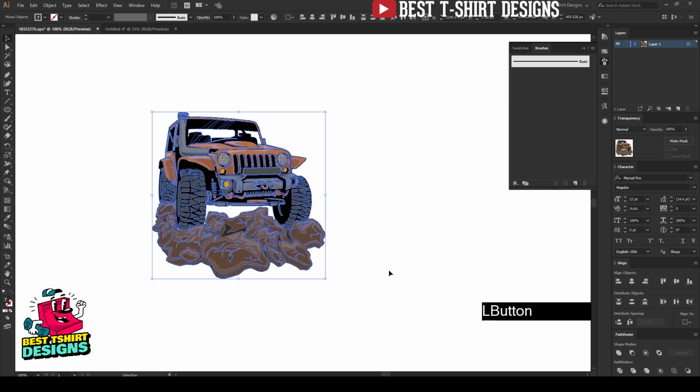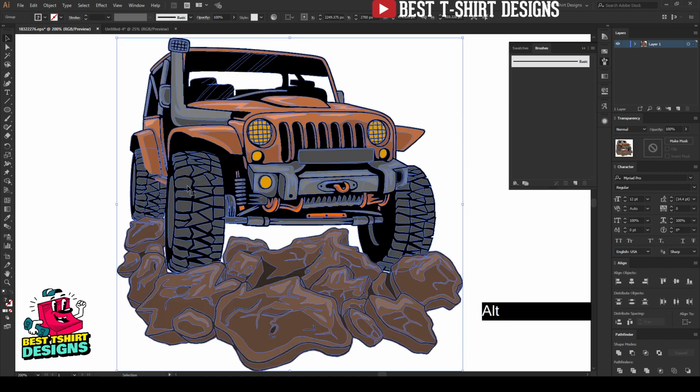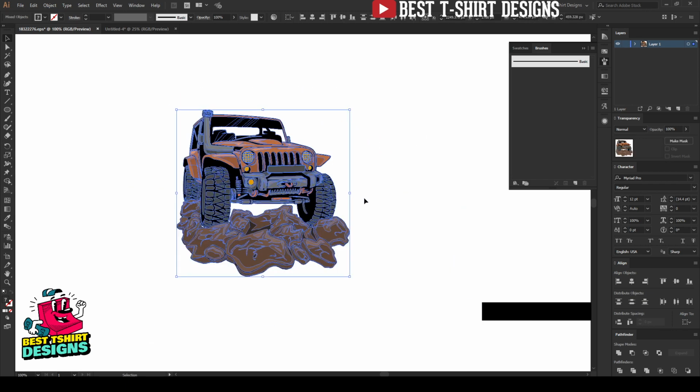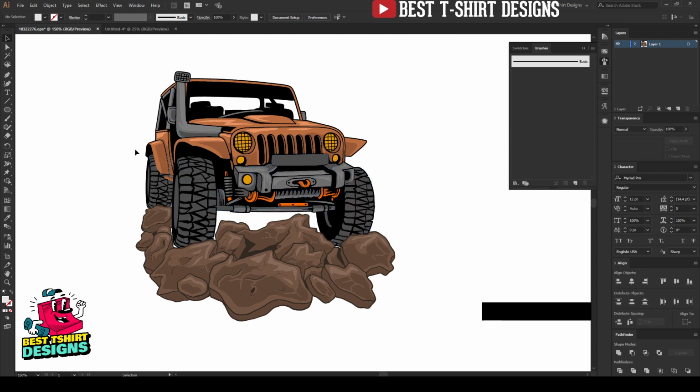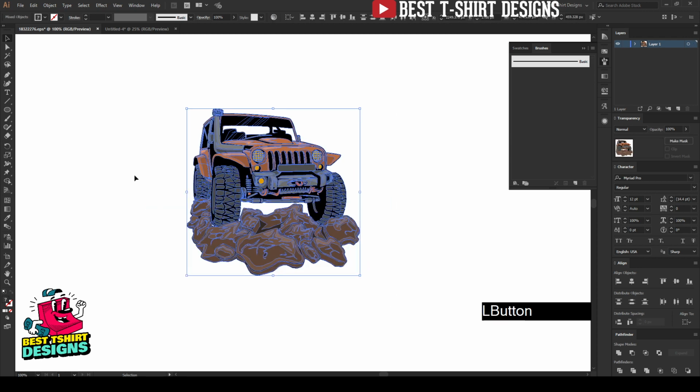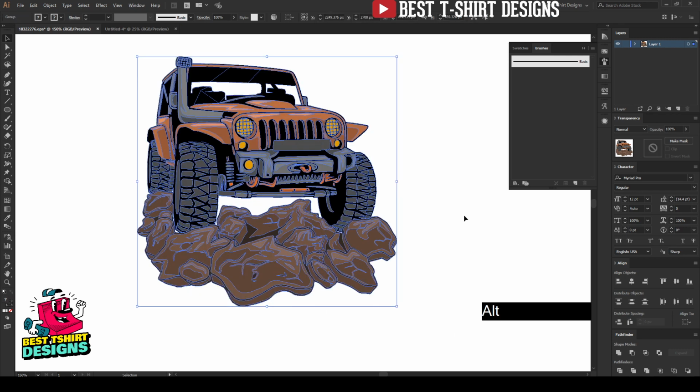So let's begin. Now this is a premium vector, as you can see, so I don't want to use it as it is, as that can be copyrighted, or people out there can also download the same graphic and use it in their design. So I want to make some modifications here. If I select the vector, then click on this trim option of my Pathfinder tool, it is going to trim out.